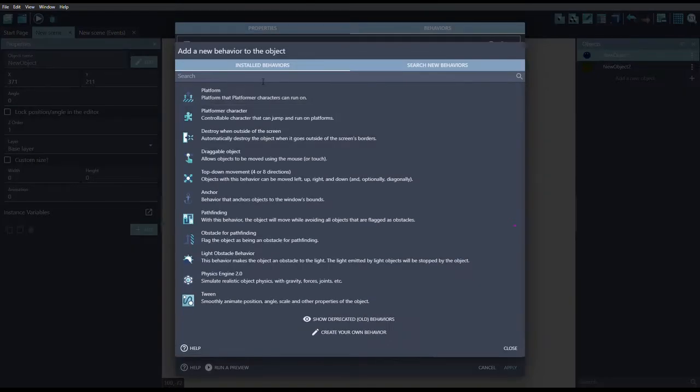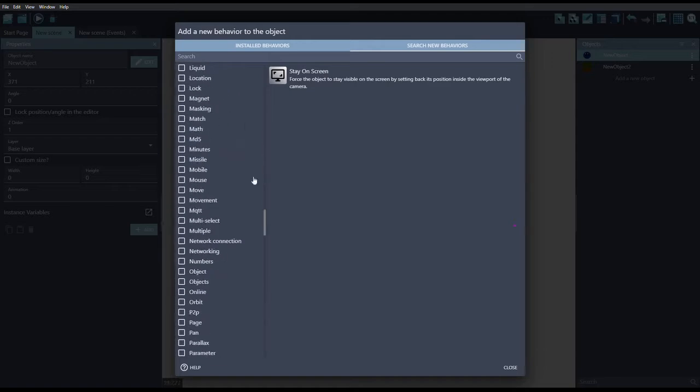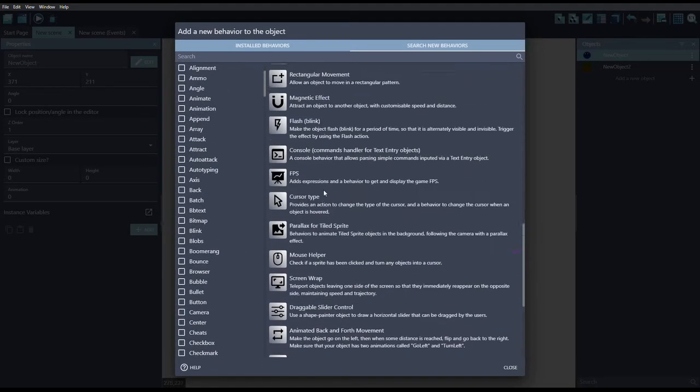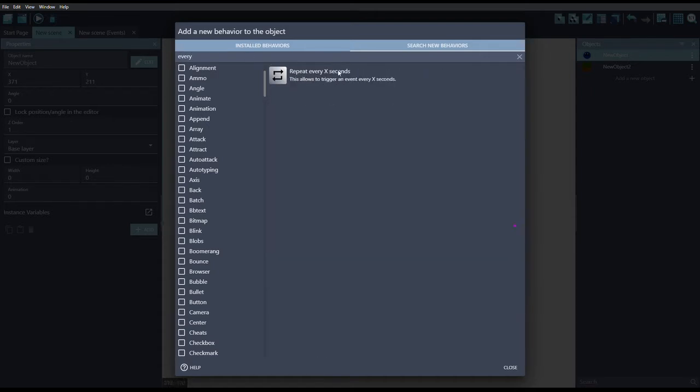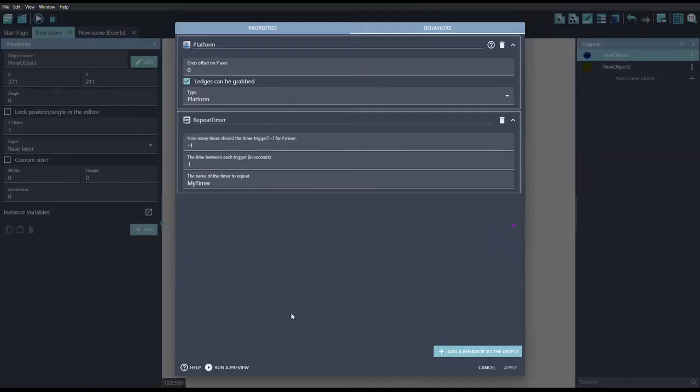Today I will be showing you how to easily make your camera follow the player. So first off, make sure that you have your player and then equip your player with the repeat every X seconds behavior, which can be found in the more behaviors. You can just scroll all the way down to the bottom where you can search it up. It'll be right there. Equip that, then as you see in the video,